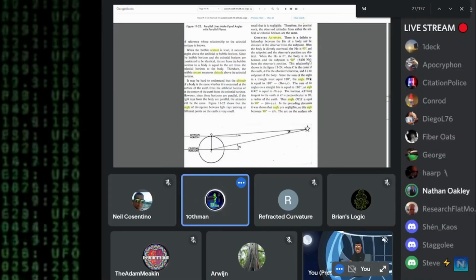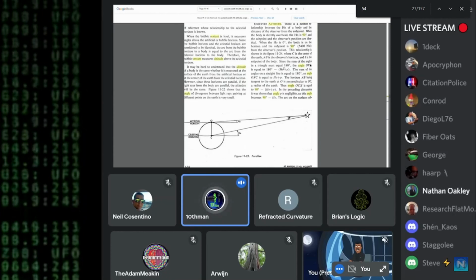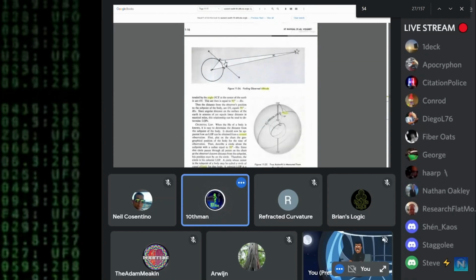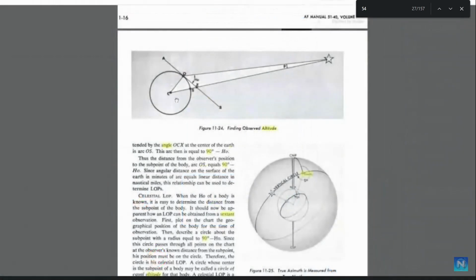5,400 nautical miles. So let's go back to the image. This is a right angle. There's your 90 right here. Everyone see this? The line should be right here. Yes. Okay, that's 25% of the Earth, Adam.